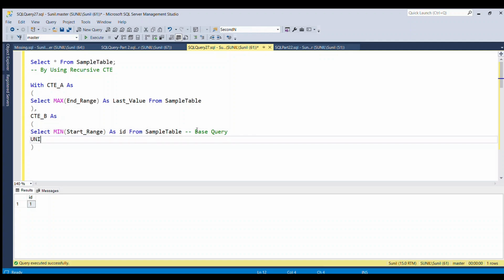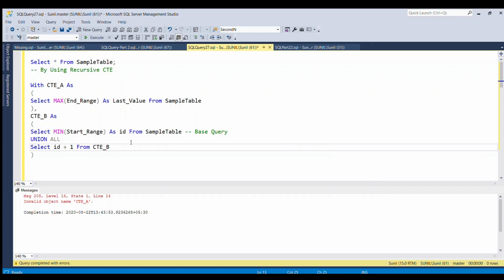After that, I'm going to do UNION ALL, and then select the ID column incremented by 1 from CTE_B, where ID is less than a subquery.